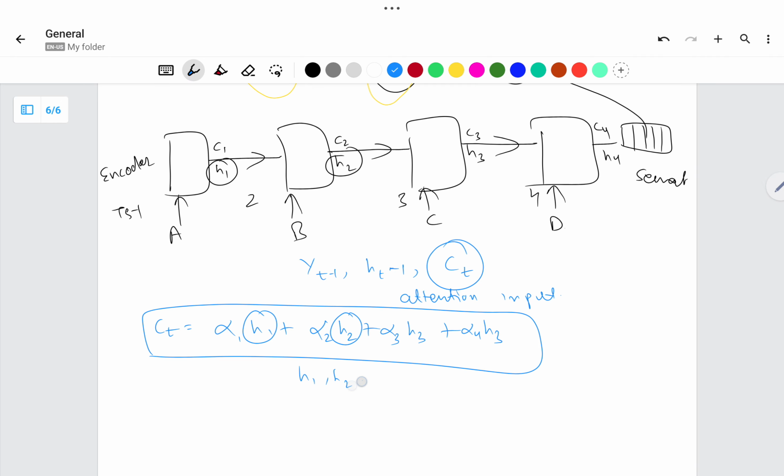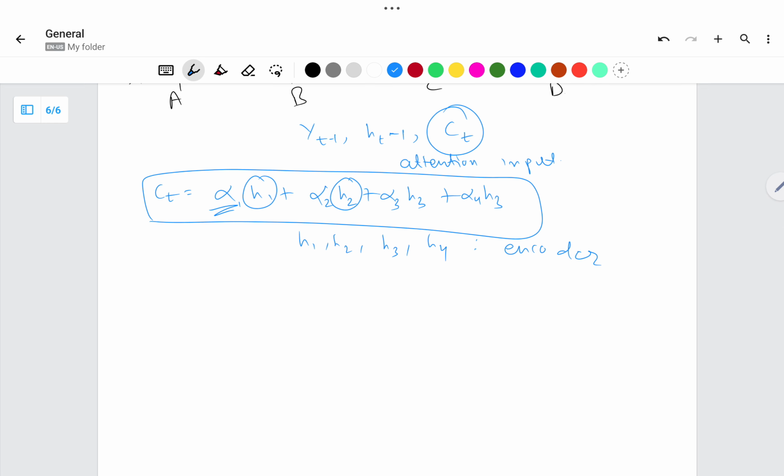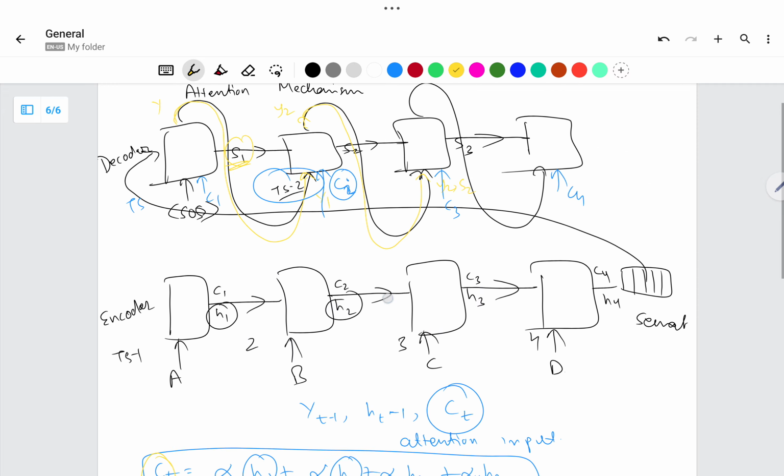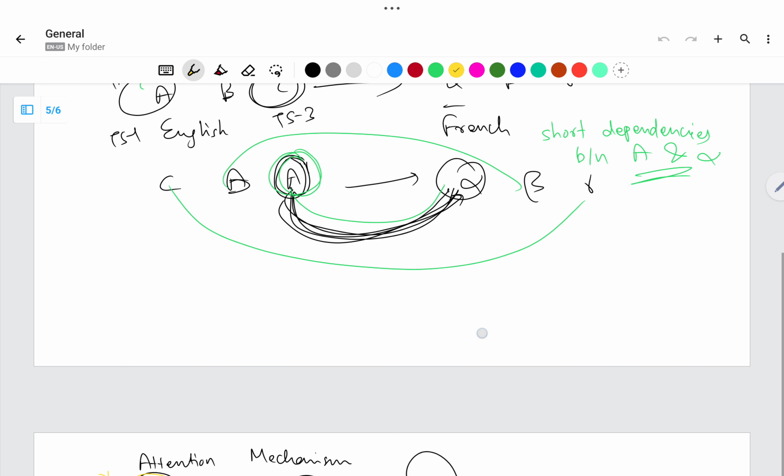H1, H2, H3, H4 come from our encoder blocks. Basically, it assigns weights to all of these hidden states. The ones with higher weights have more dominance on the attention input, and thus they are passed into the model at that time step. Okay,